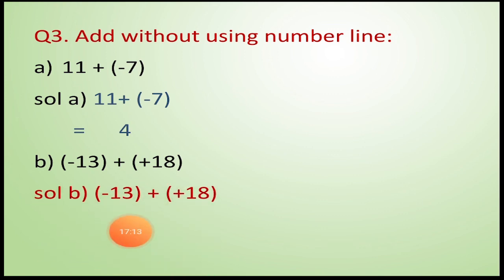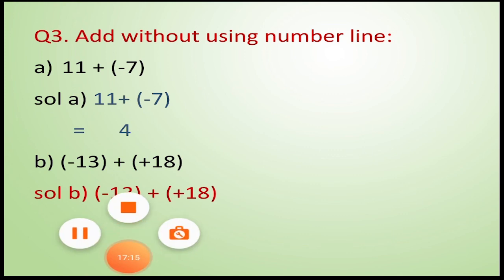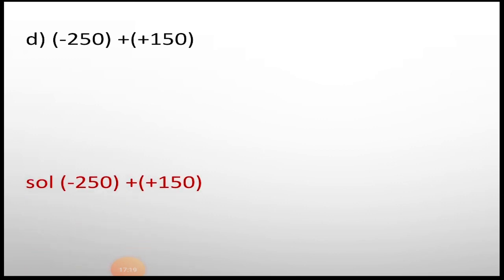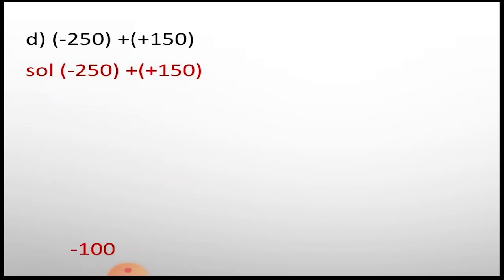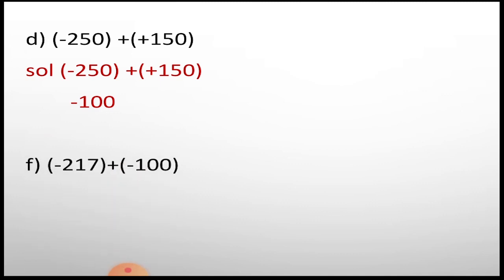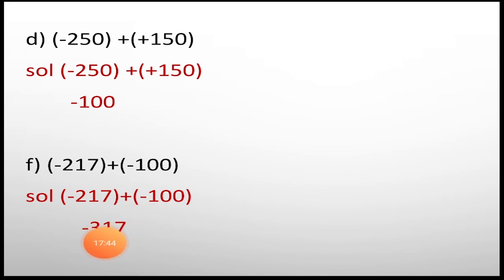So when you do it again, you'll get plus 5. Now come to the next question. One positive and one negative integer has to be added, so we'll do subtraction and the answer will carry the sign of the bigger integer. Fine, that is the minus sign. In the same way, when you look at the next question here, both are negative integers. So if we have this kind of question, what we do, we go ahead with adding them. So when we add 217 with 100, we'll get 317, and the answer will carry a negative sign in front of it.